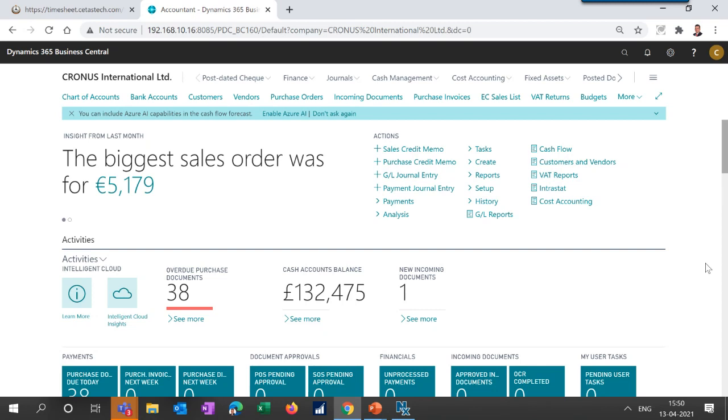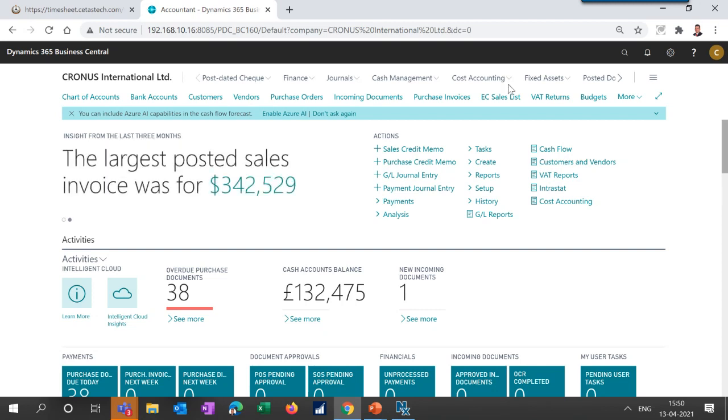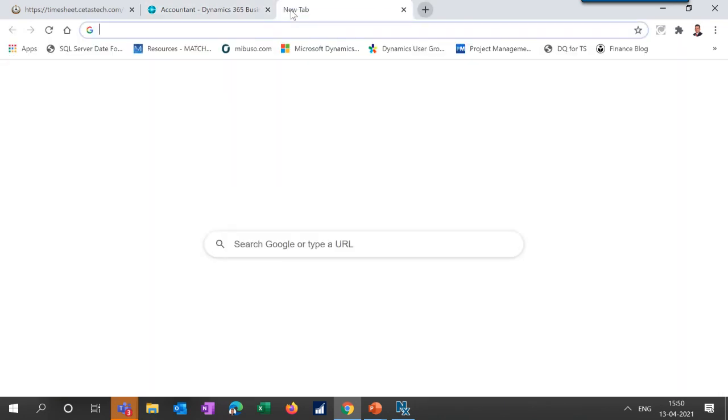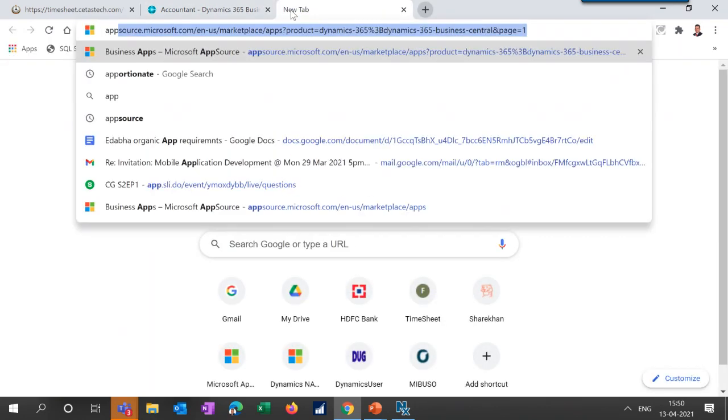Prakash, should we go through the App Source trial option, just to show them how that user experience would be?